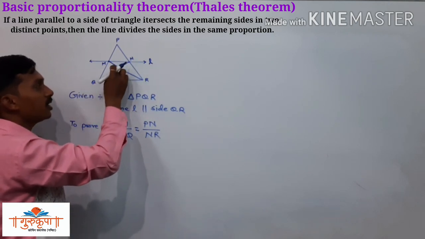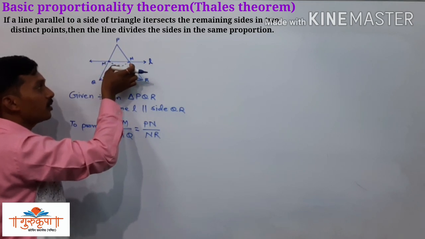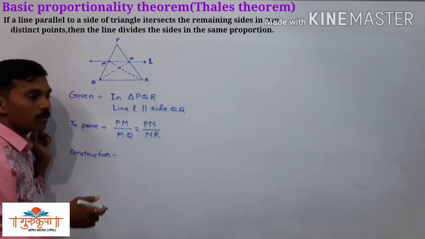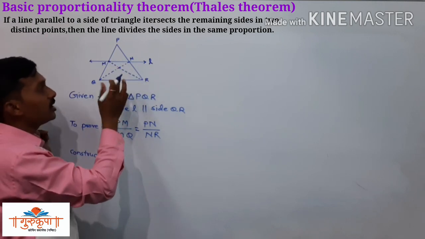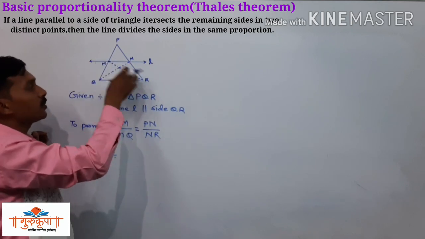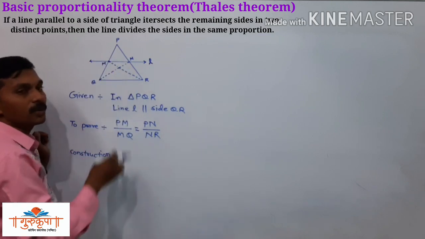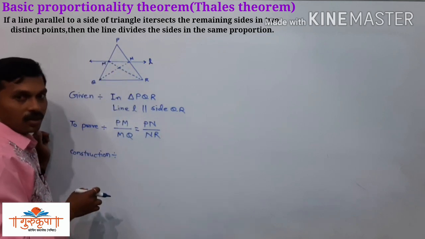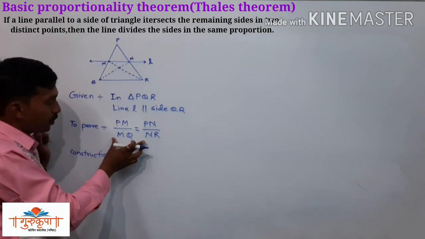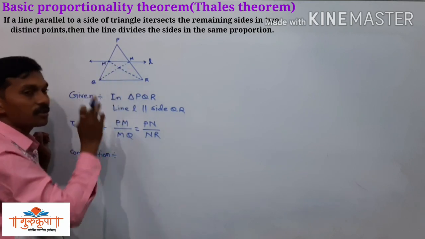You can represent it as dotted lines, because we construct these two segments, that is not the given part of the diagram, that is not the given information. We draw these two segments RM and QN. If you do not draw these two segments, then we are unable to prove this part. And if you have to prove that part, then we have to make the construction there.